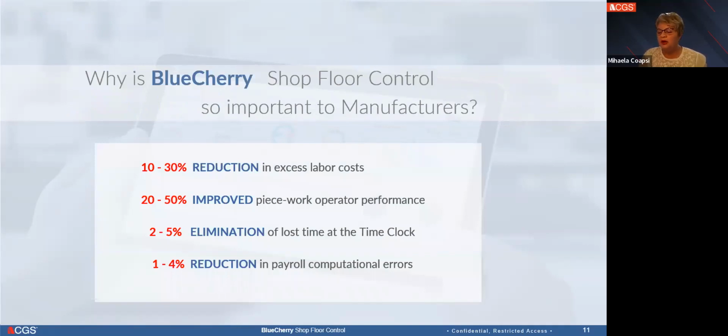Why is BlueCherry shop floor control so important for manufacturers? Well, in summary, the new shop floor control technology offers transformational benefits for digitizing the factory floor. There is no more way we can manage this industry with yesterday's data or make decisions with last week's production reports. We need shop floor control technology to gain